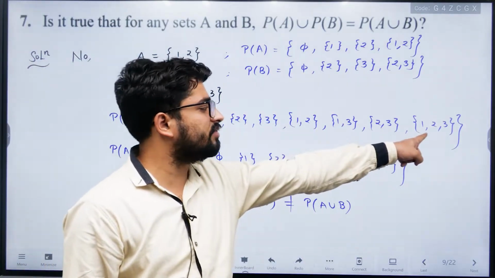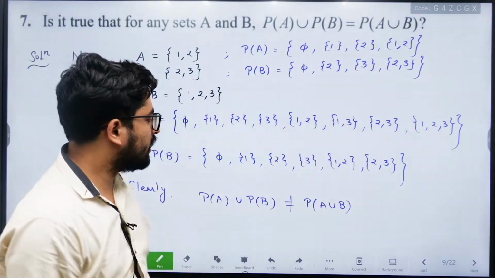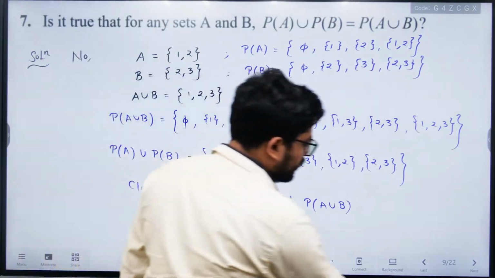Why are they not equal? Because here we have 1, 2, 3, here we do not have. Okay, so both are not equal. So now the next question is,